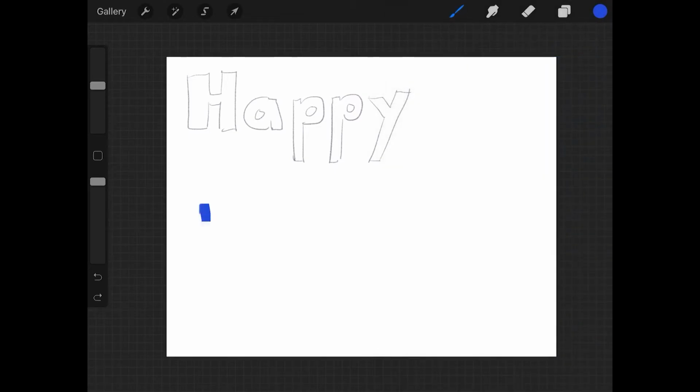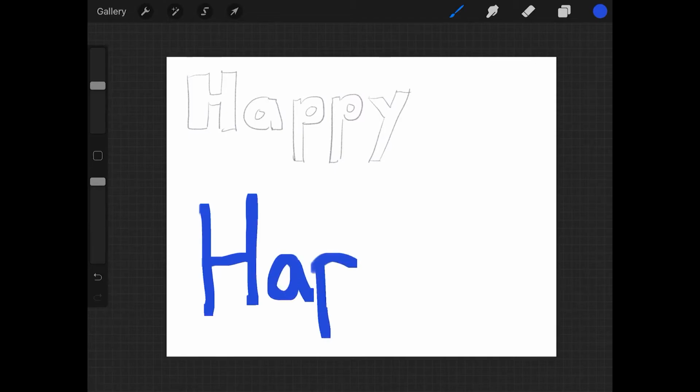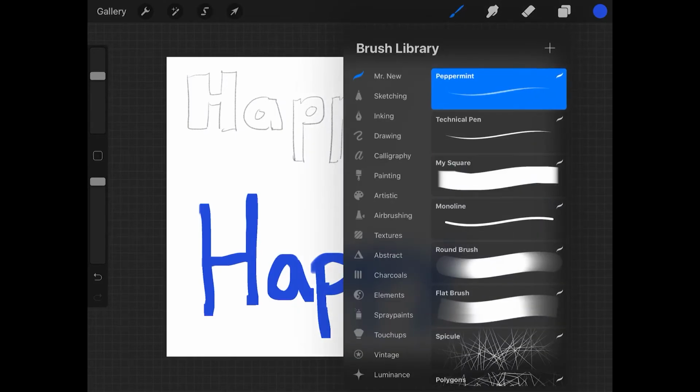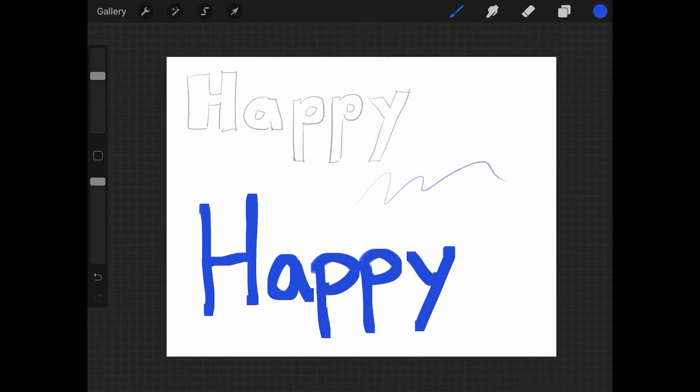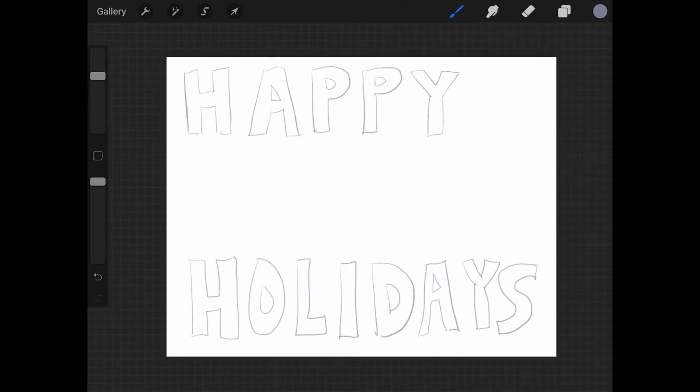You could just directly make big, bold letters with a color. But I personally like to plan things out with a pencil first, so that you can make sure you correct any mistakes that you make, and also it's good for things like overlapping. So there, I've written Happy Holidays, and then the next step with that would be to think about some kind